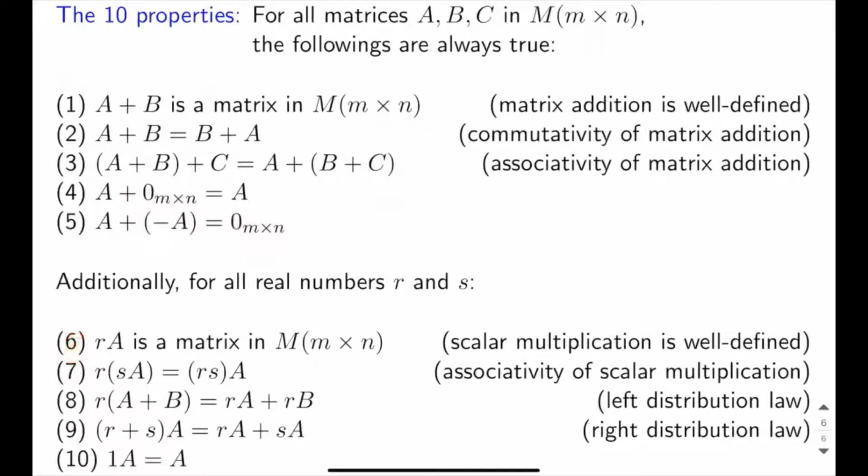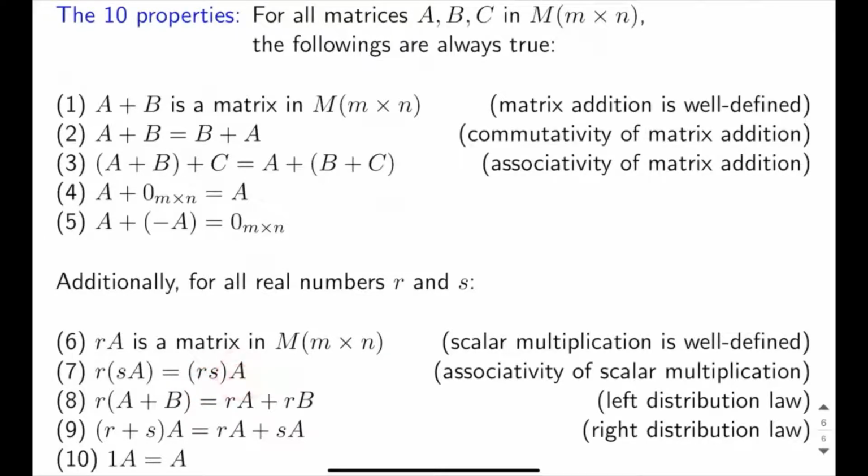Property number 6 is that if you multiply a number, a scalar, to a matrix, you end up getting another matrix of the same size, just different entries. And we say that the scalar multiplication is well defined. The scalar multiplication is associative, which means instead of multiplying the scalar s to A first and then multiplying the scalar r to the result, you can just first perform the real number multiplication between the two real numbers r and s,